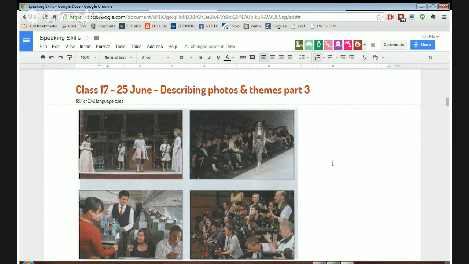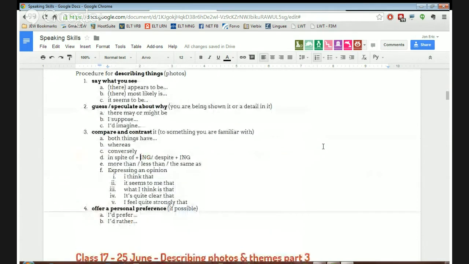So start again with there seems to be or there appears to be. There seems to be a model walking on the catwalk. Okay, good.